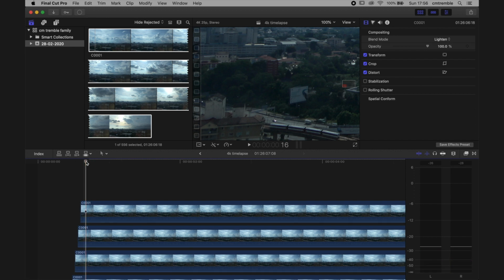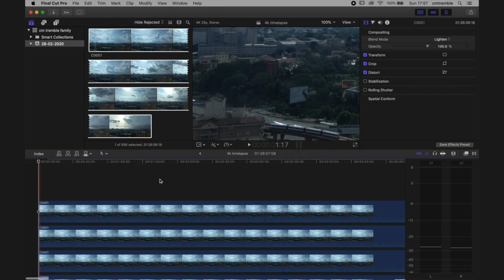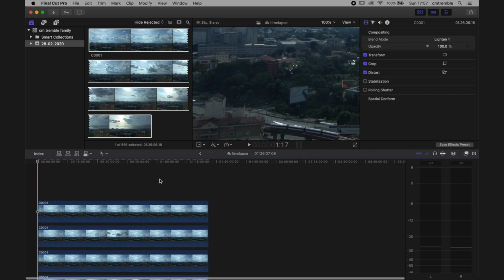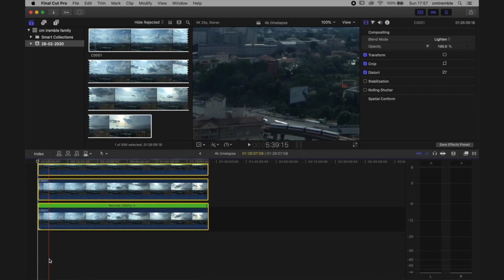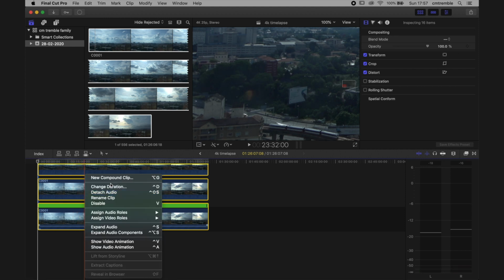So now when we look at this frame, you can see we have all of those in between frames kind of blended together to give us more of a long exposure. I mean, there's little gaps in between them, but still it's much better than it was. And what we do with this is we select everything and we create a compound clip. So I can right click on this, new compound clip,